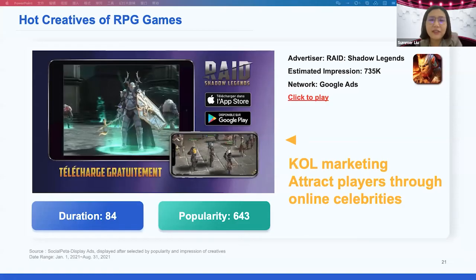We already knew that branding with KOLs is a very good way to promote your game. However, we found that video creatives with KOLs are an increasing trend in creatives. We think this should be attributed to the popularity of short video apps. Now KOLs have become more influential in some areas, even more than celebrities. Meanwhile, they can accept lower cooperation prices, which makes them the ideal choice for marketing teams.